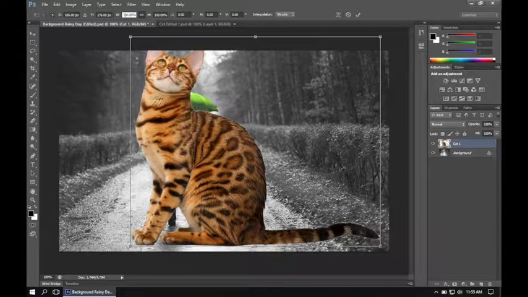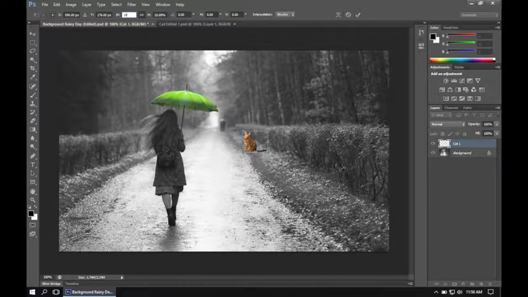At this point, I can choose a different width. Now I think my cat is about 10 times wider than it should be. So rather than having 100% width, I want to make that about 10 times smaller. Now, actually, having done that, it looks a tiny bit too small for me. So maybe I'll increase the number to 12%. When I'm happy with that, I can hit enter. And I can move my cat